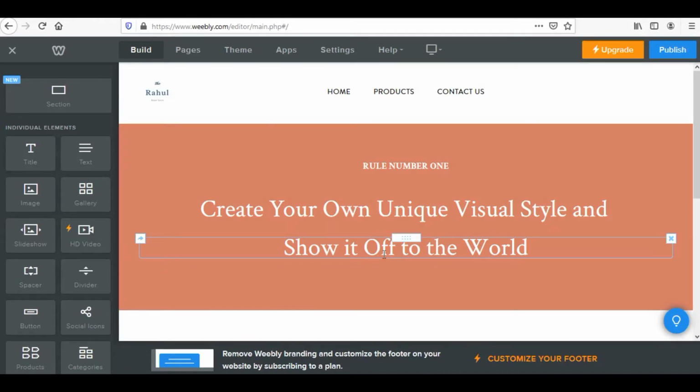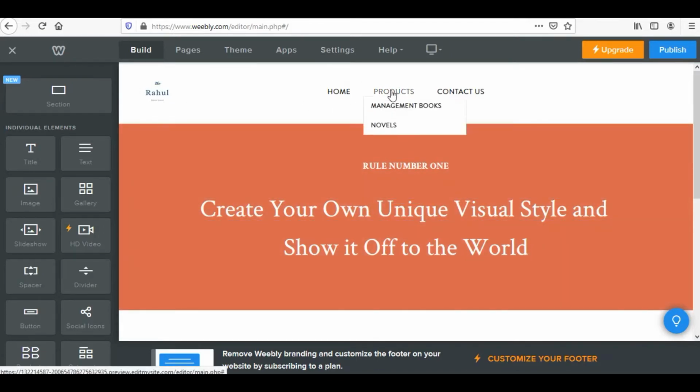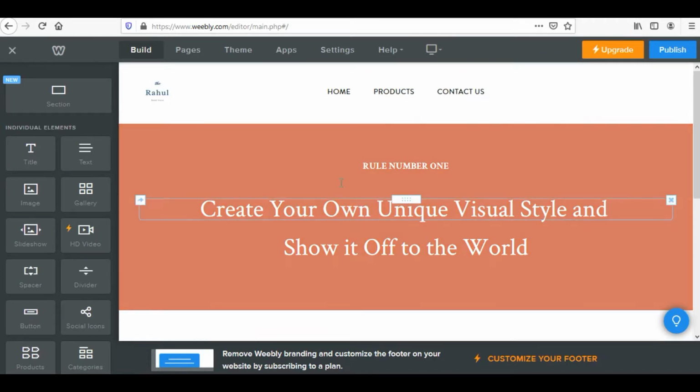In this video, we will be particularly discussing how I can create new pages and how I can hide them in the navigation, how I can create such drop downs in the navigational links, and we would also discuss website structures. First of all, let me start with the website structures.